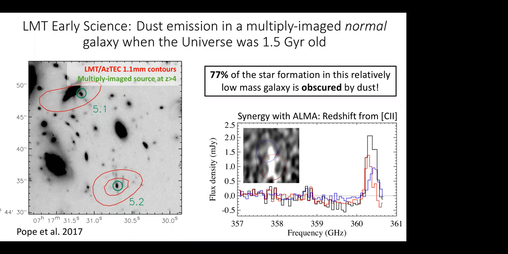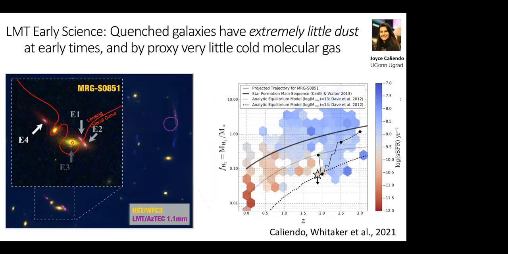And using the lensing model, it's a little awkward to have Alex there and explaining Alex's work, but this is an example of actually a low star forming object that's magnified enough that we can detect and study. So the intrinsic star formation rate of this object is about 15 solar masses per year. So it's more of the run-of-the-mill star forming galaxies at this epoch. But even in such an object at redshift 4.3, 80% of the star formation is dust obscured, which is a very interesting result. So the dust obscuration continues to be important at high redshift.